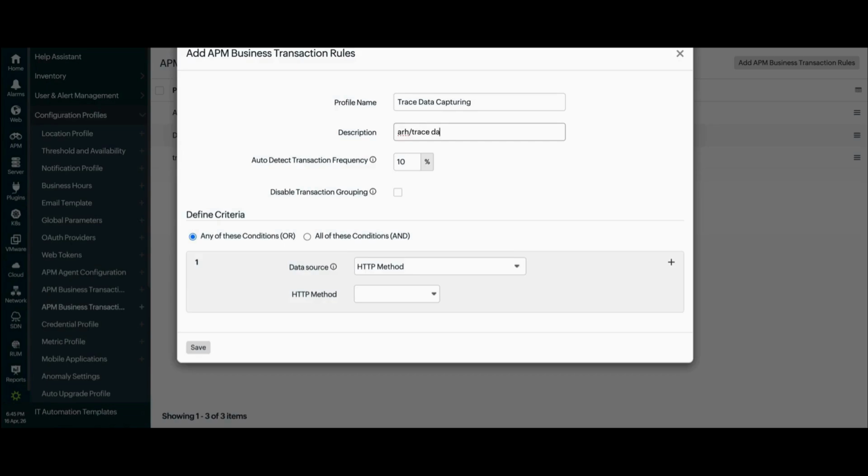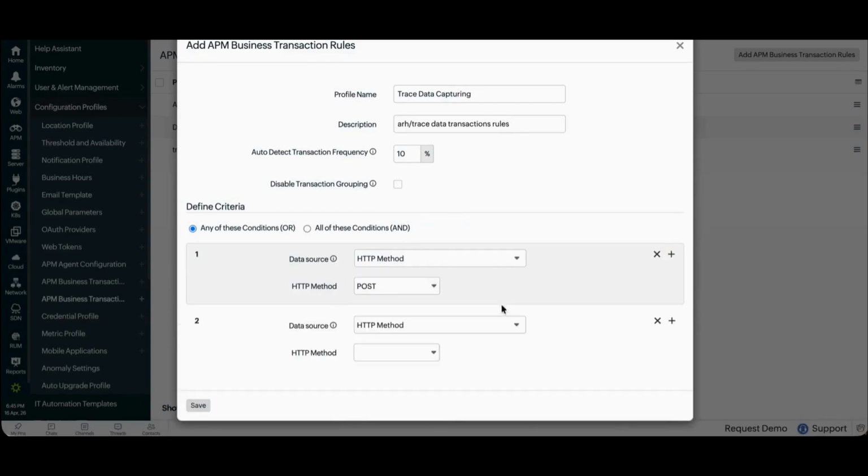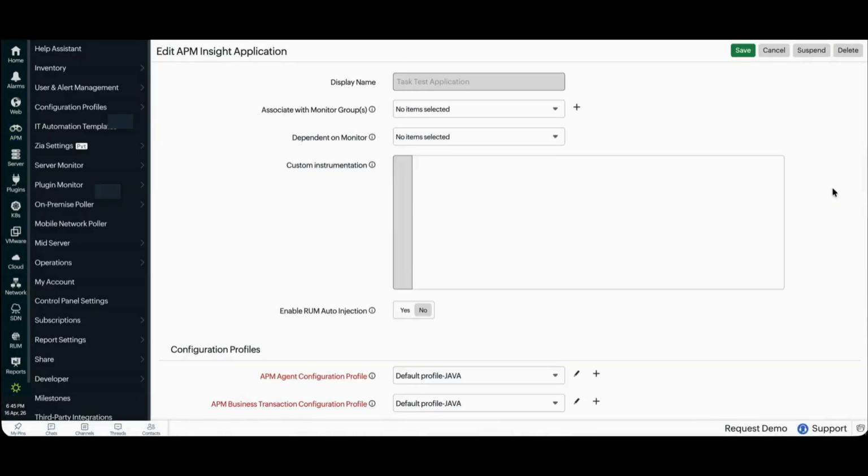Then move to defining your filter logic. You can choose to match any of these conditions or all of them to precisely filter your traffic. We'll specify the HTTP method as post and add a request path for ARH/trace to ensure this resource-intensive endpoint is tracked as a priority. Once the rule is saved, return to the APM Insight application settings to apply this targeted